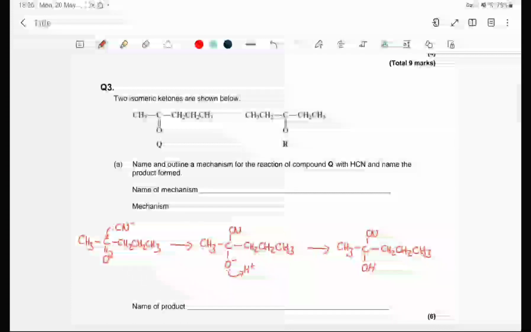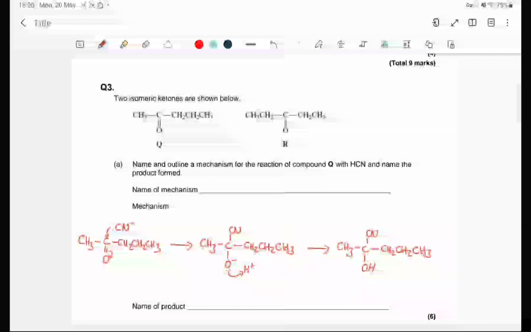So things we're looking for is that the lone pair on the carbon on our cyanide attacks our delta positive carbon. I'm not going to bother drawing in the delta positive, but it is there. Of course, we've got the bond between the carbon and the oxygen breaking, which then results in our O minus over in our intermediate. Our intermediate can attack our hydrogen ion, and then we end up with our final product on the right there. In terms of naming it,